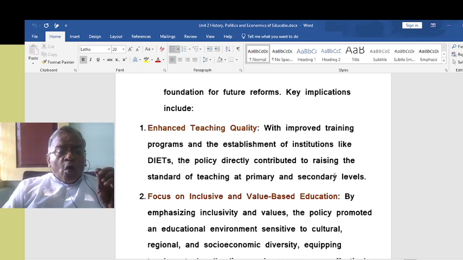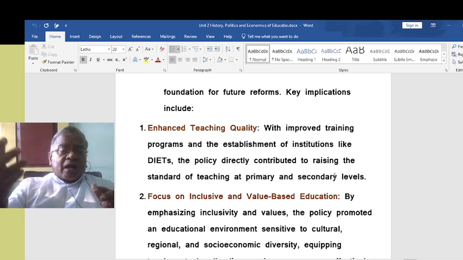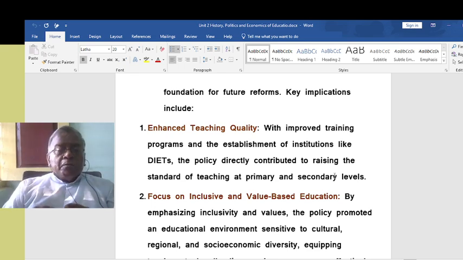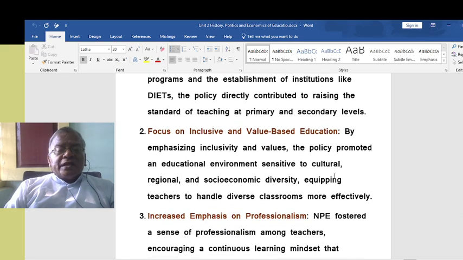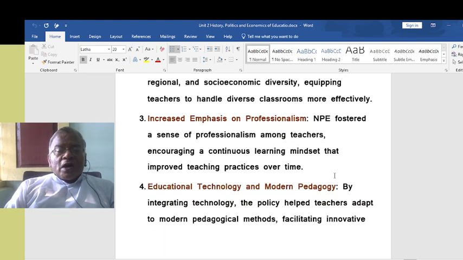Then there is a focus on inclusive and value-based education. Today we are having it because of that commission, we can very well say that. By emphasizing inclusivity and values, the policy promoted an educational environment sensitive to cultural, regional and socio-economic diversity, equipping teachers to handle diverse classrooms more effectively. Then increased emphasis on professionalism. National Policy on Education fostered a sense of professionalism among teachers, encouraging a continuous learning mindset that improved teaching practices